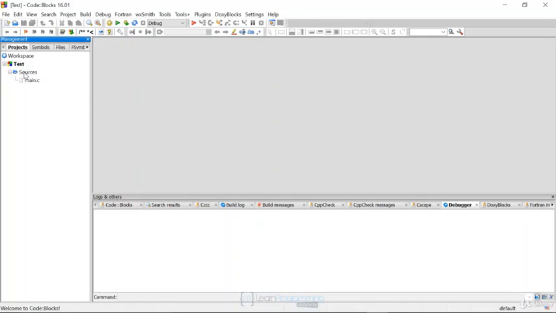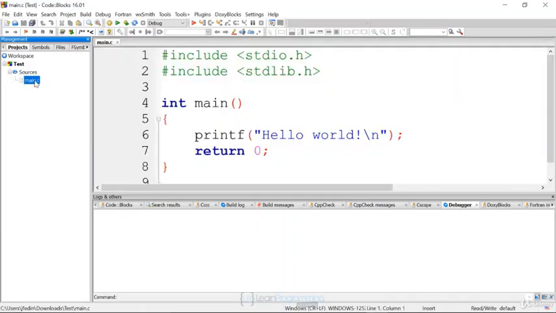And underneath there's a source folder. And the project template also automatically created a default file for me, which is main.c. We know it's a C source file because it has the C extension. We can double click that and then you'll see the editor come up. Now I have the editor